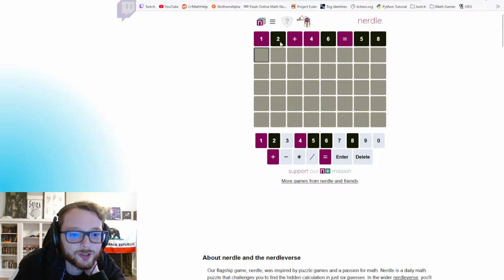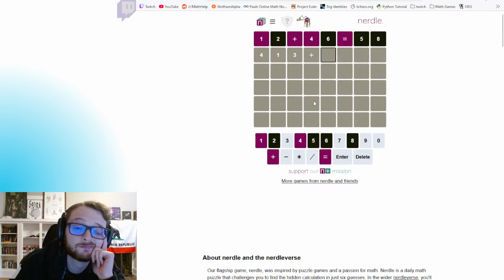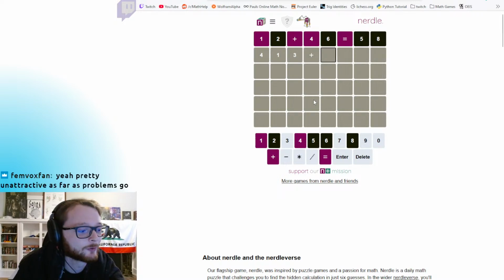It is addition, but the plus is in the wrong spot. The equals is in the wrong spot. What if we do say 4, 1, 3 plus? That can't be right. We don't have enough room. What if we